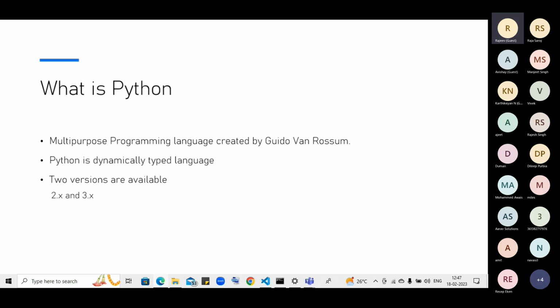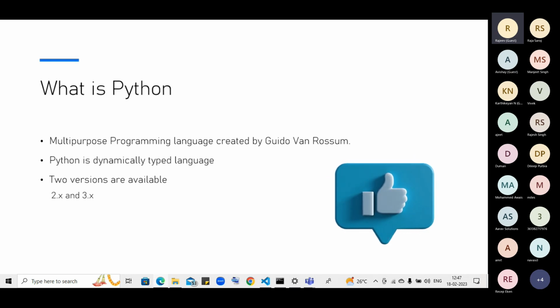There is no support of Python 2. And Python 2 has some enhancements, so all enhancements are in Python 3, right? So we will mostly work on Python 3 only. It is the latest, and every enhancement, every library, and all the latest versions are coming in Python 3 only,